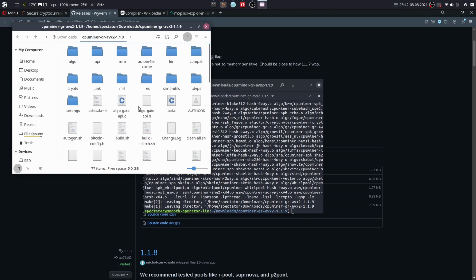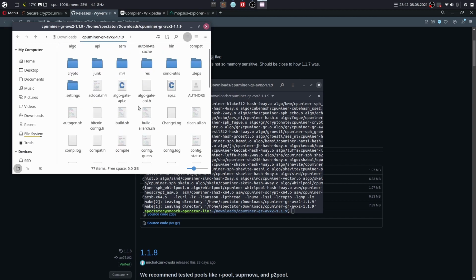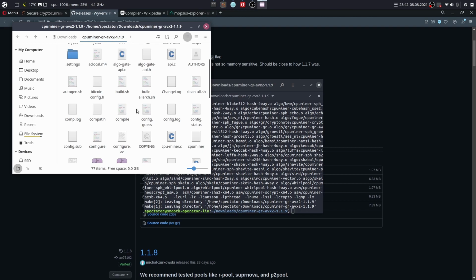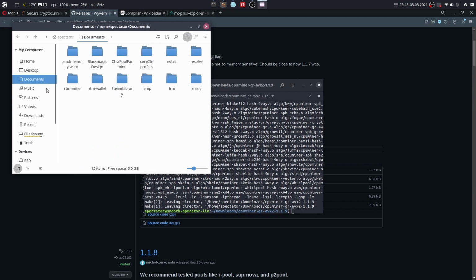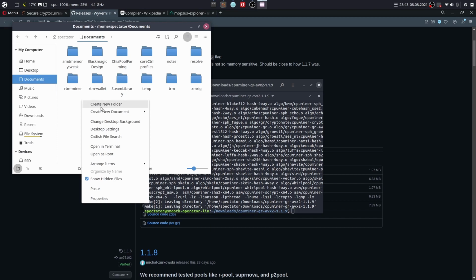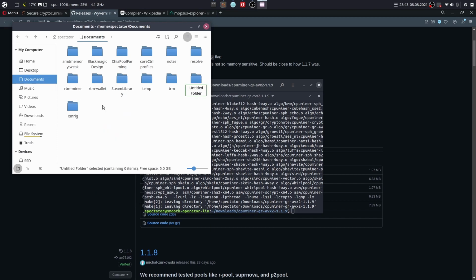It should be CPU miner without any extension, and here we have it. Let's move it to some more convenient location. Let's say miner test